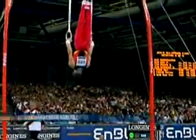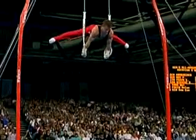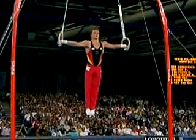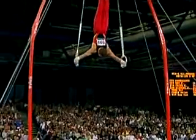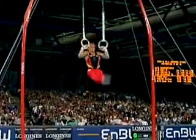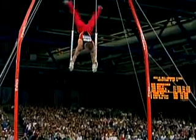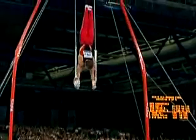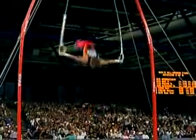Germany's favorite. All eyes on Fabian Hambuchen. That's a weak start to this routine. That is. That's just a very basic strength position. In a straddled position, and anytime you straddle a move like that, flange. And he probably will not receive credit for that shoot to invert. That was a backup rise invert. And got to the position and quickly fell out of it. This may be one of those routines that's going to take a while to calculate because the judge is now forced to